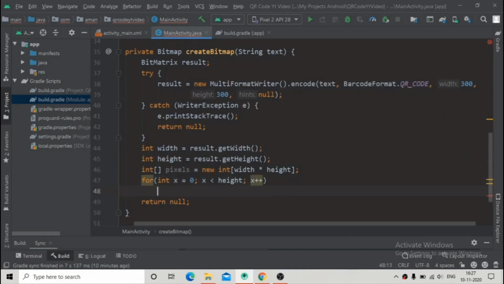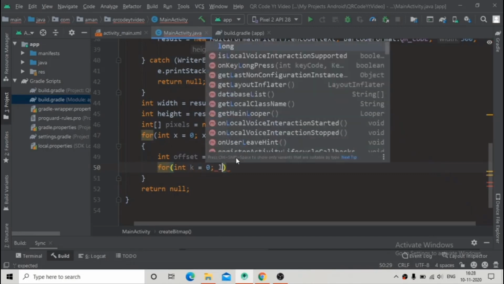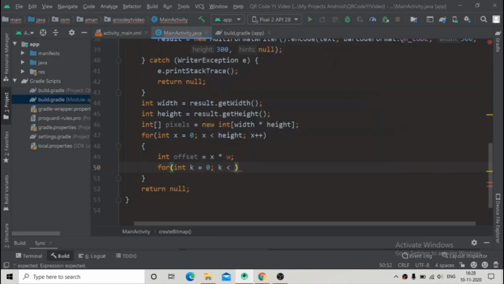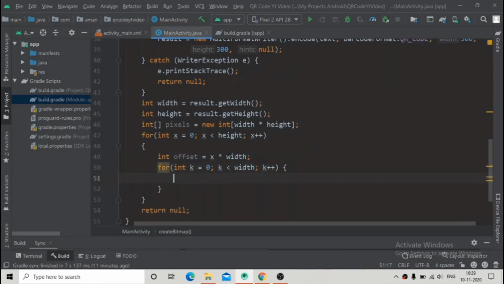This is the simple for loop, and inside this for loop we have an integer variable, that is offset, and we will initialize it using the x into width that we have created above. And here again we are going to start a for loop, int k equals 0 and k is less than width, and k plus plus. Here you have to change this to width to resolve the error, and then k plus plus, and inside this for loop